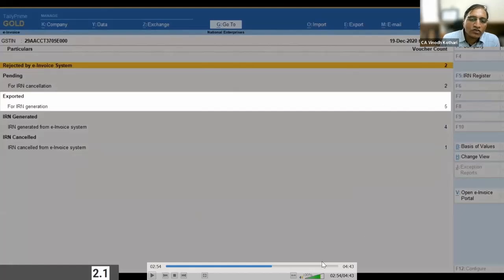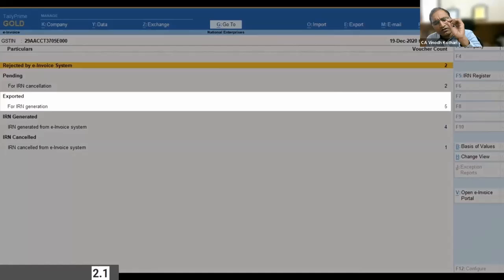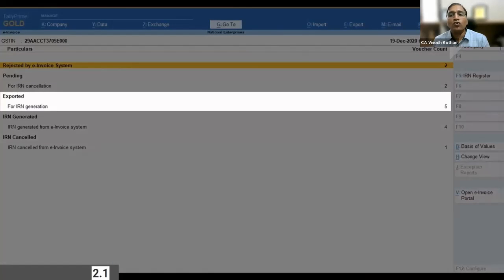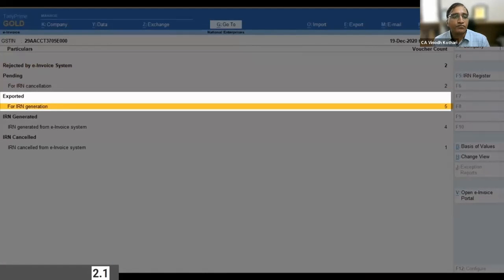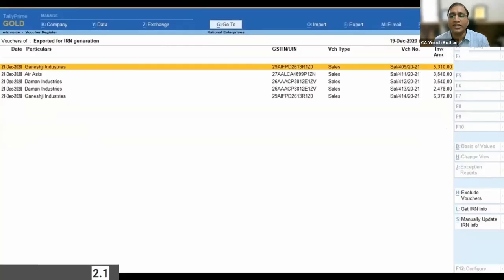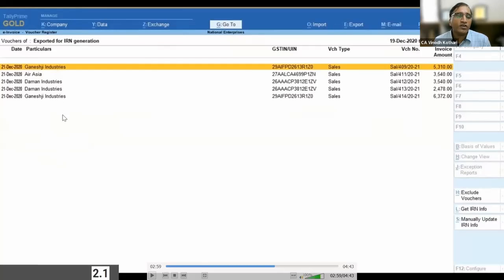In the E-Invoice report, you will find this exported option. Exported means these are all the invoices for which the JSON file is generated and IRN is not updated. So select on this. Once you select on this data, these are all the invoices which are manually uploaded.